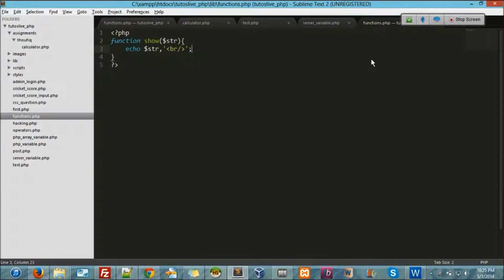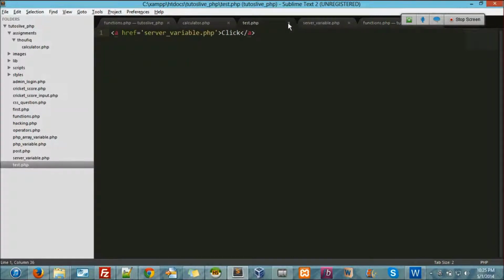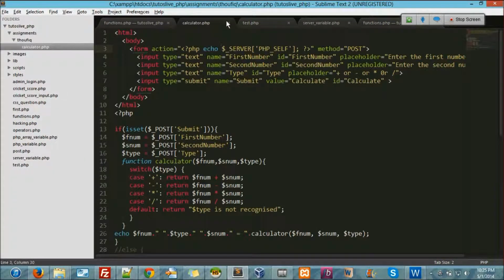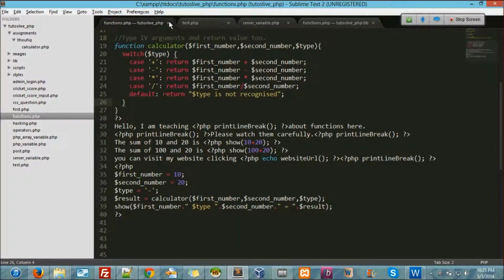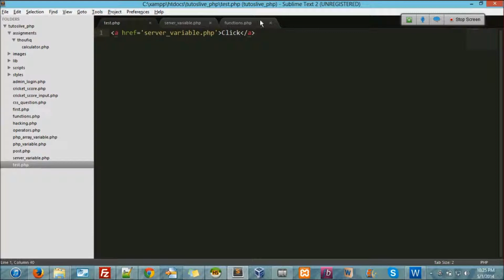Now I'll open a new file. I'll be removing this test variable. Alright, so here let's write PHP, include lib slash functions.php.